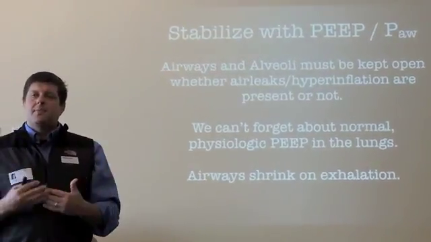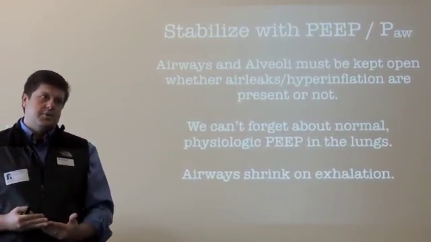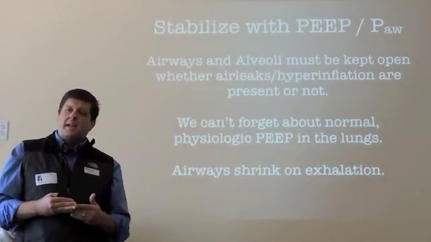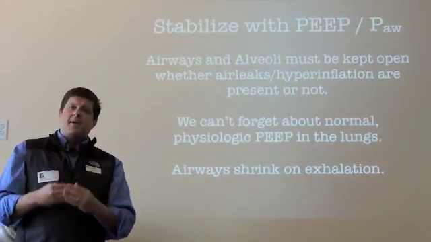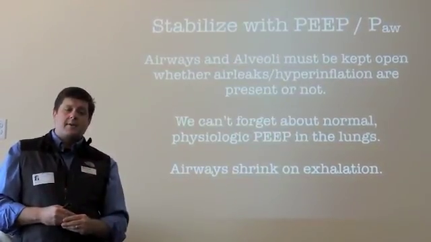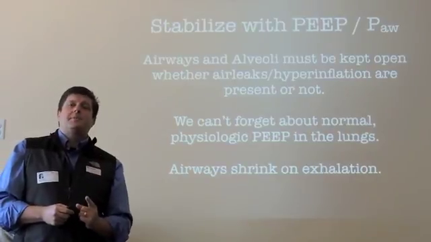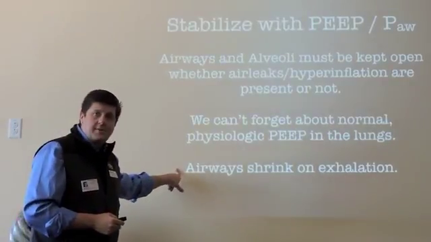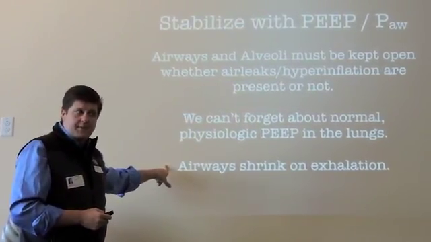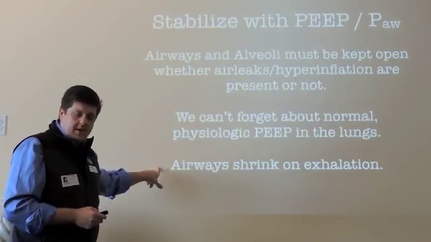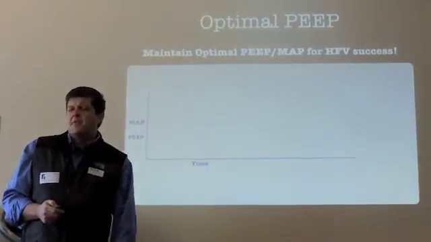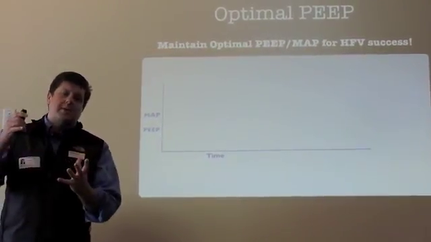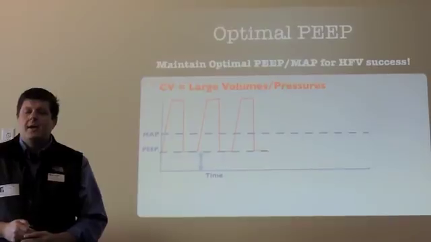The thing that we have to remember is that it's an airways resistance issue. If the airways are stented open and resistance is kept to a minimum, then you can allow this trapped gas to escape, and you're allowing the jet to be more effective. And where PEEP really comes into play, especially with airways resistance, is upon exhalation. Remember, the jet's exhalation is passive, okay? And airways resistance, I think, goes up by a factor of 4 upon exhalation. So in order to stent the airways open to keep that resistance to a minimum, it's important that we